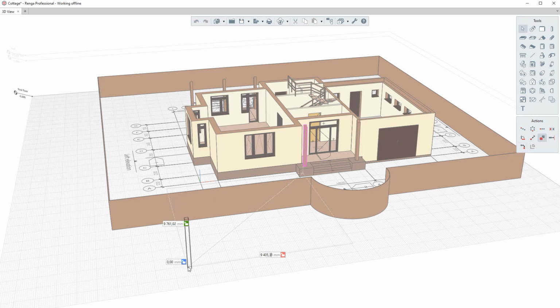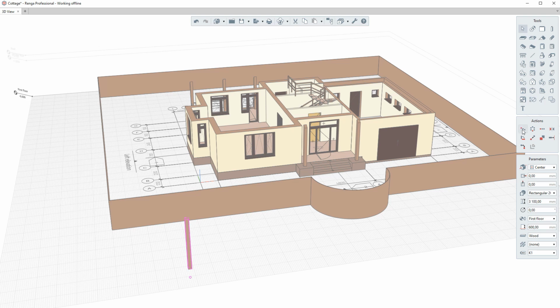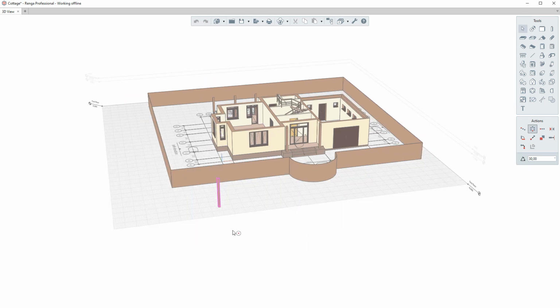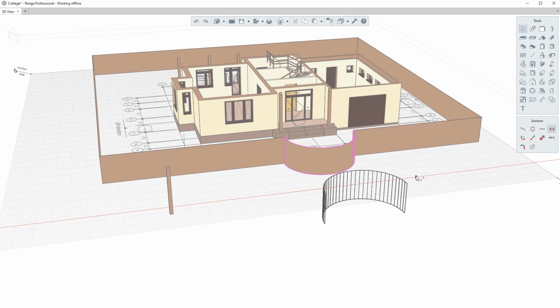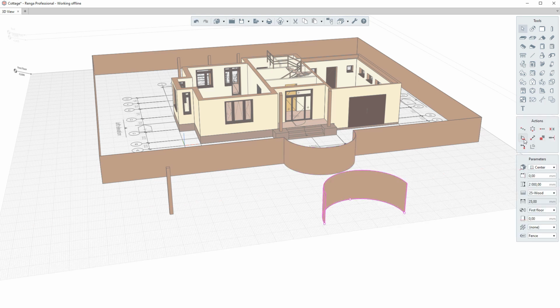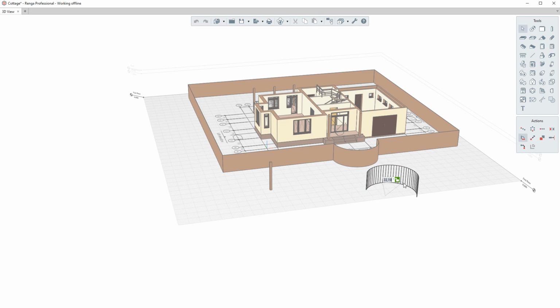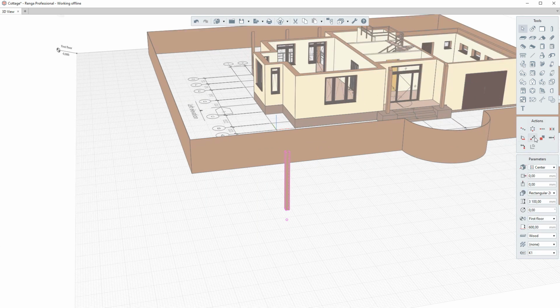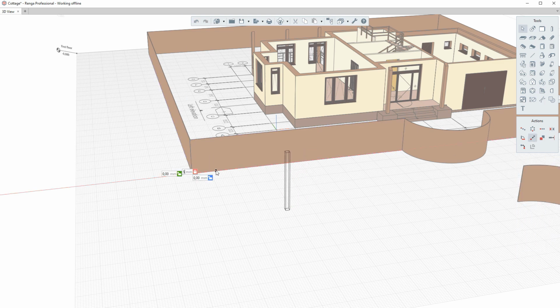Create copy, direct array, circular array, offset array, mirror, rotate, move. Object snaps and tracking snaps allow you to accurately construct objects in the model, for example, at a distance of 5,000 mm from the corner of the fence.